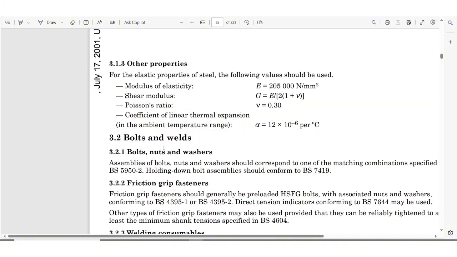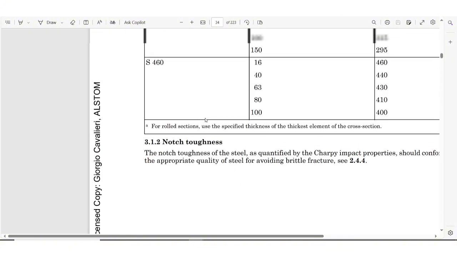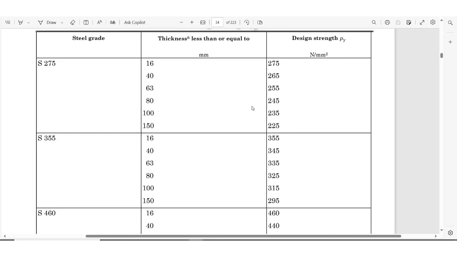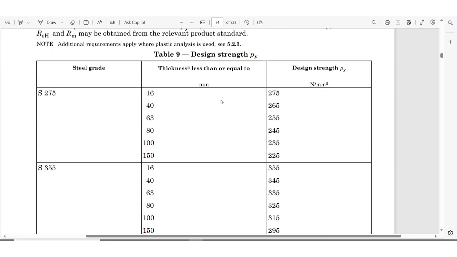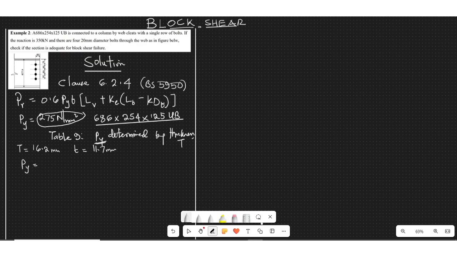Okay, this is table 10. Now table 9 is here. Now this is it. Table 9 speaks of the design strength. If we are assuming an S275 grade, which is to say, let's assume S275 steel grade, it will mean that py